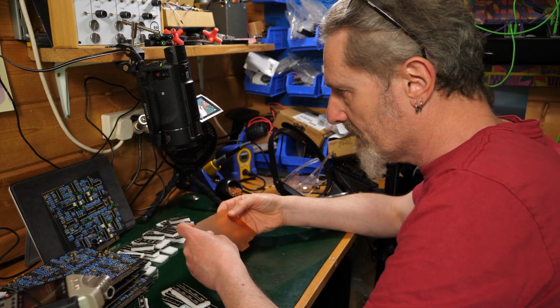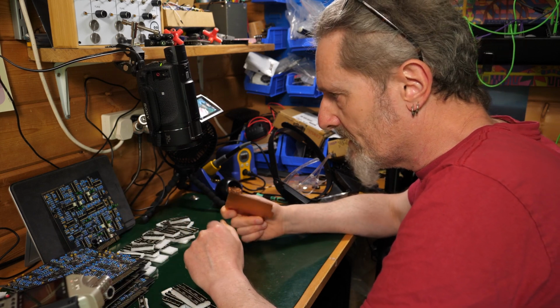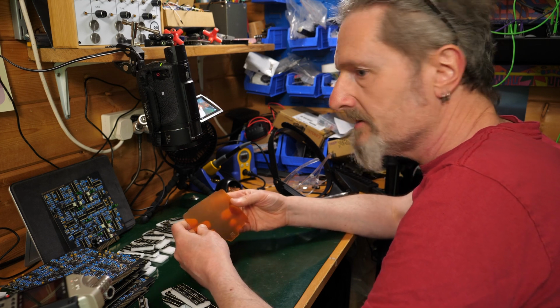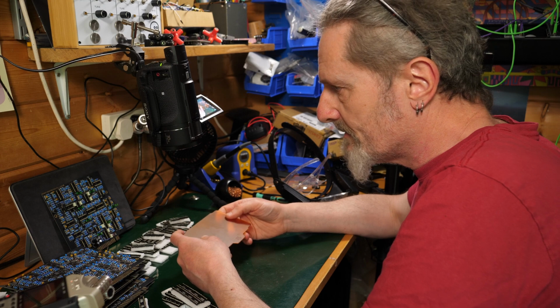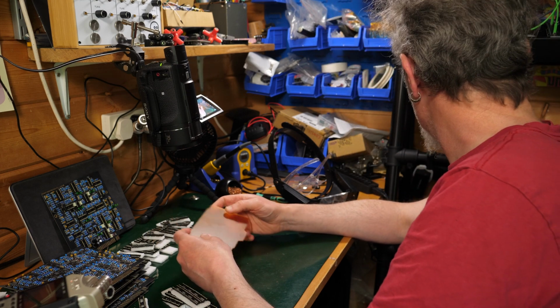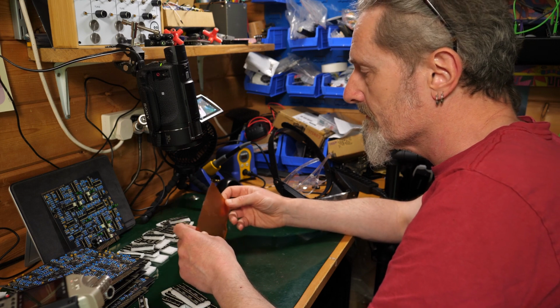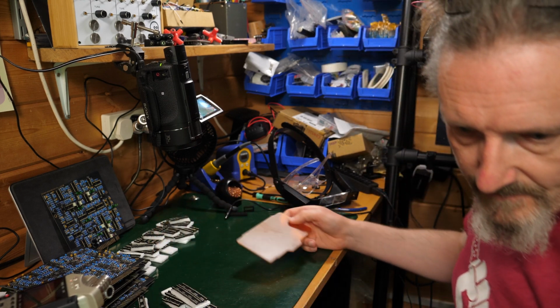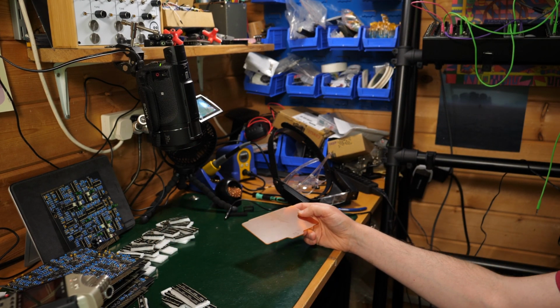That's not quite big enough, is it? Do I do it in bits? Do I do it all at once? Do I do a corner? What is my best bet here? Do I cover it in tape? Because that seems like a right hassle. What do I think? What do we think? A piece of paper? Not really going to do it. It needs to be...